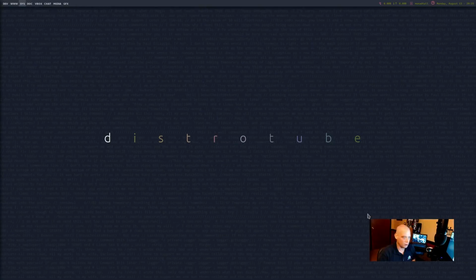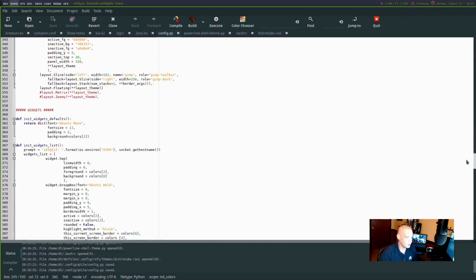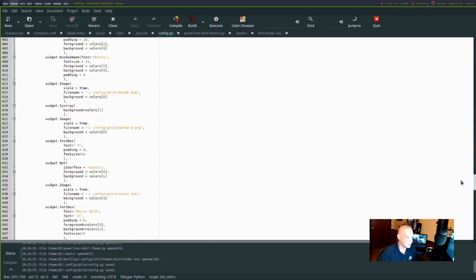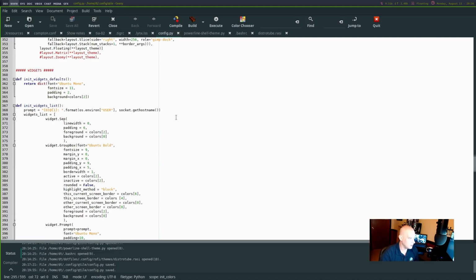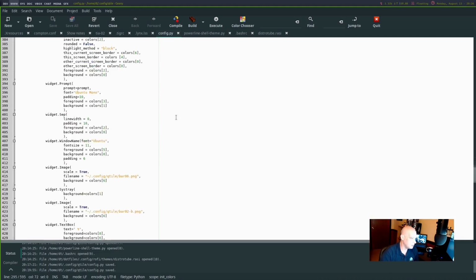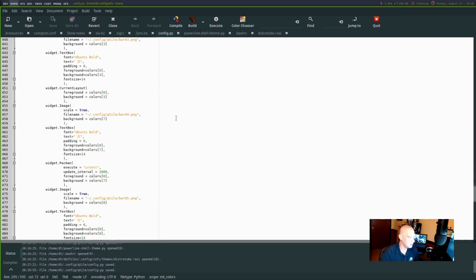All right, so let me close all of this. I had Genie open. Now, in Genie, this is my config.py again. In my particular config, I have this section that I've got labeled widgets. And I'm going to upload all of this to GitLab. Anybody that wants to pull down my config files and check it out, it'll all be on GitLab. But now I've added some widgets that I didn't have previously, namely